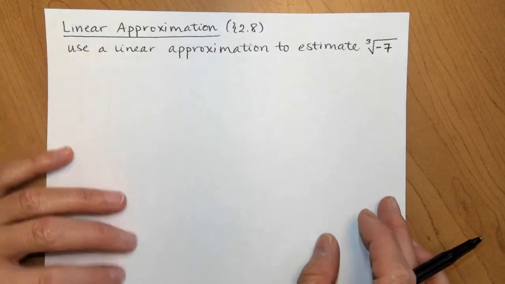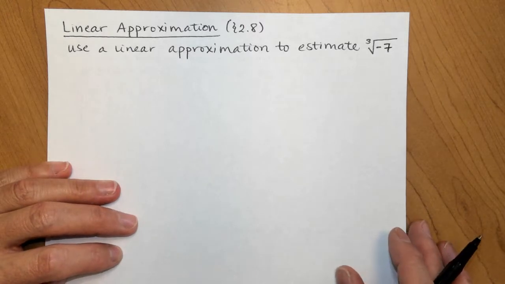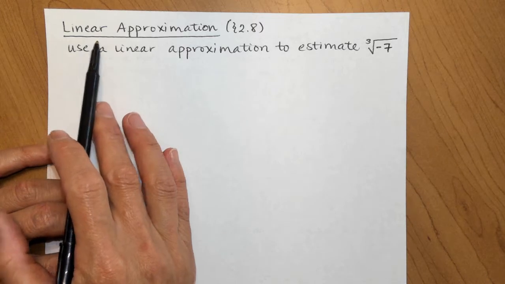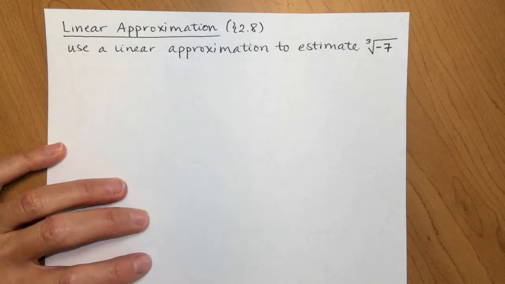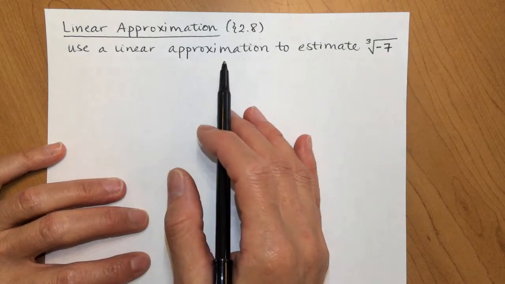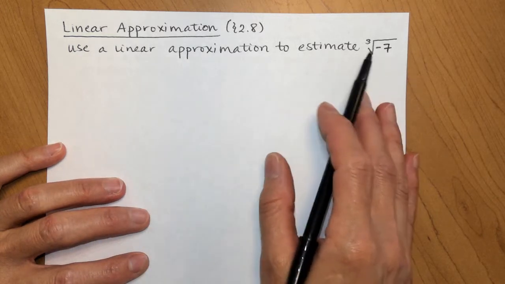Okay, today we're going to talk about linear approximation. The name linear approximation tells exactly what's going on with this. You are using a line to approximate or estimate the value of a function. Okay? So we are going to use a linear approximation, sometimes called a tangent line approximation, to estimate the cube